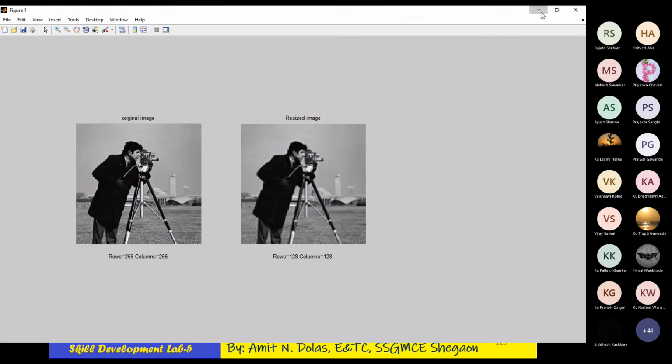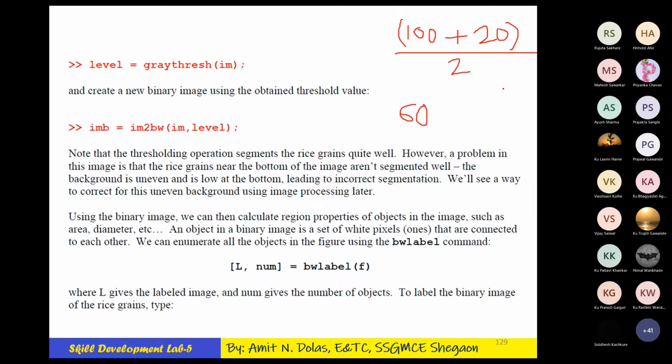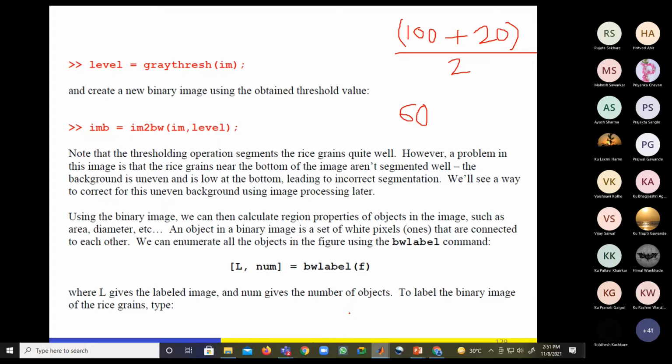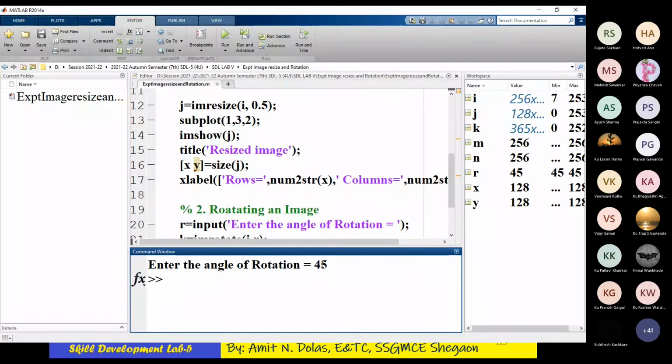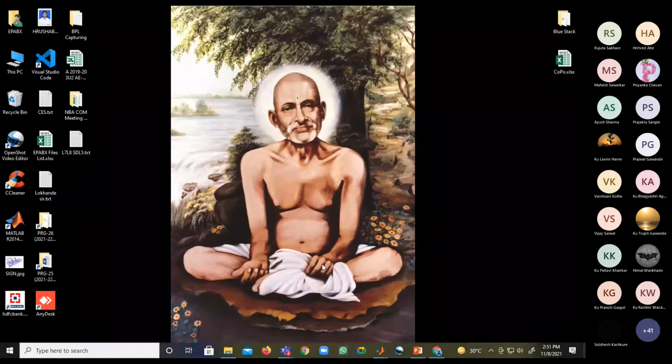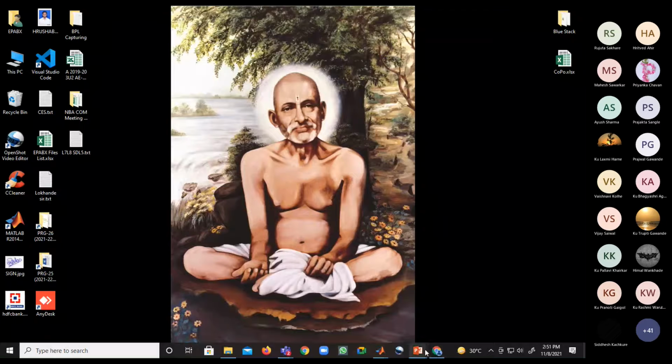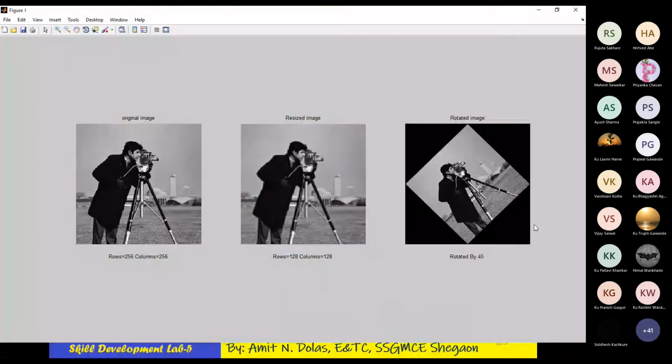Now the third result is not yet obtained. What is the third result? Rotation. Why has it not appeared? Because we have not yet entered the rotation angle. As I enter that, it will show you the result. I'll enter 45. I want to rotate it by 45 degrees. So you can see after rotation what you will get. Yes, this is the image rotated by a 45 degree angle, and the cameraman is rotated. Now it is the original image rotated, not the compressed image.